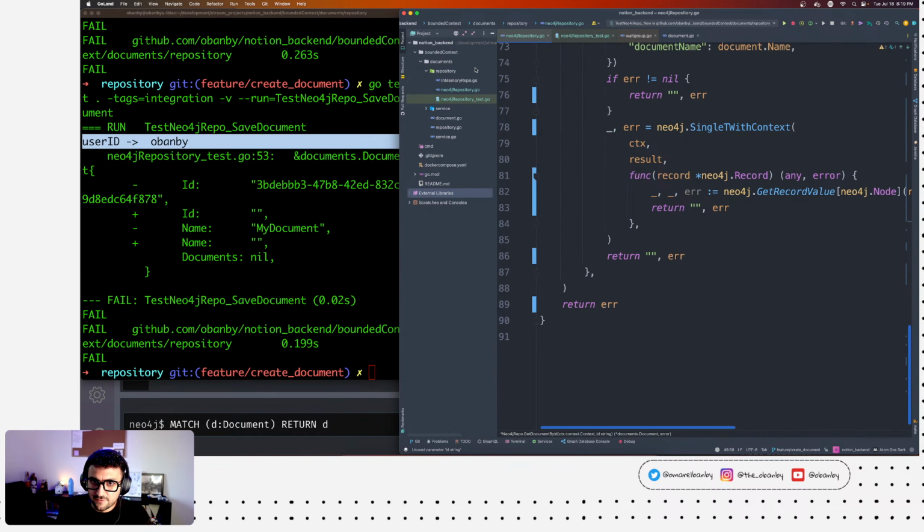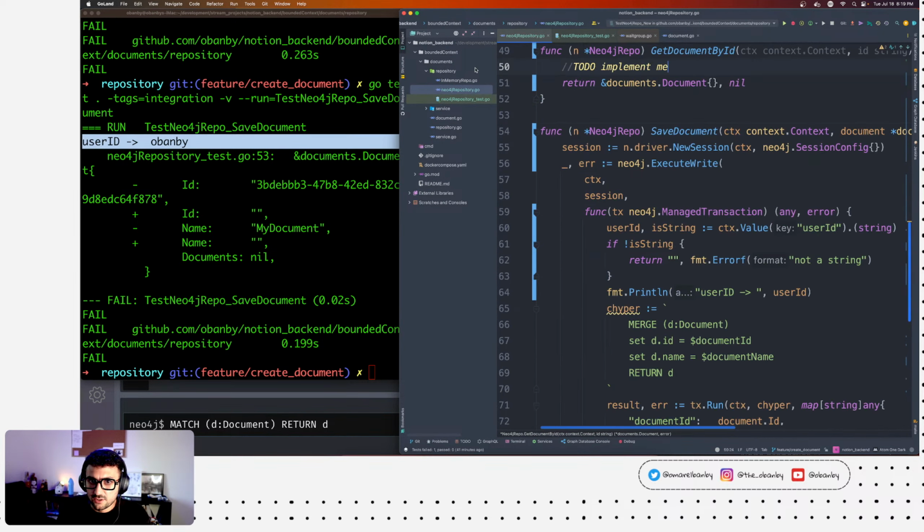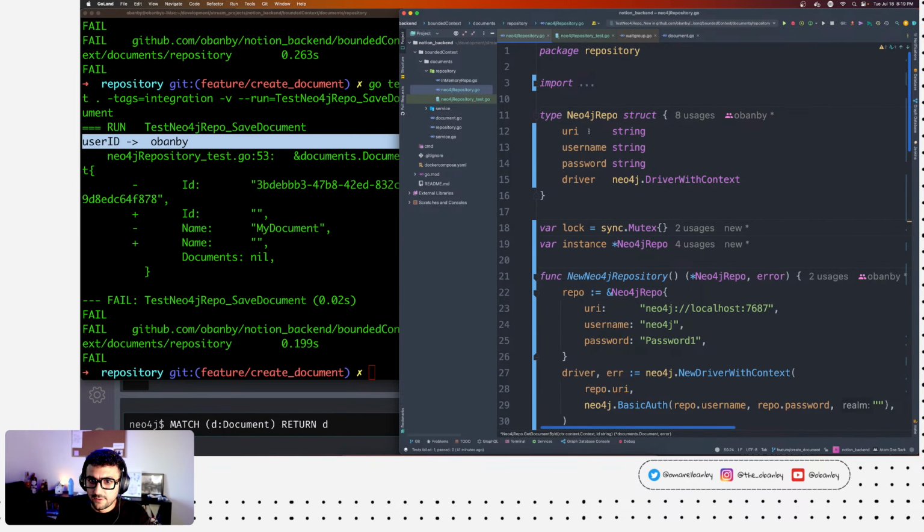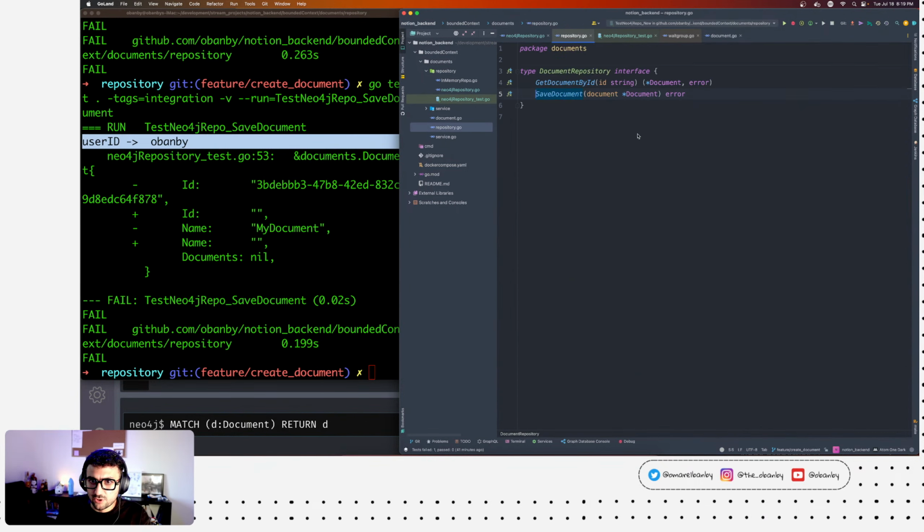Okay, so now if I go to my Neo4j repository and I look into my repository definition, we're not really passing context.